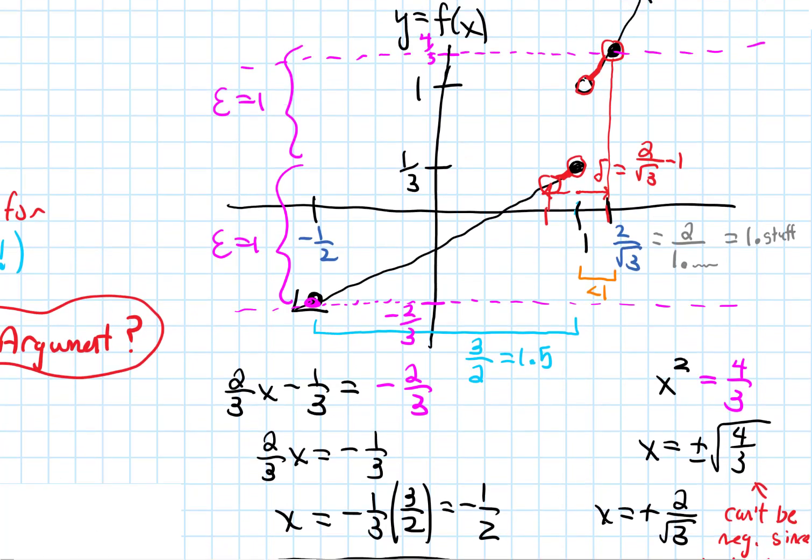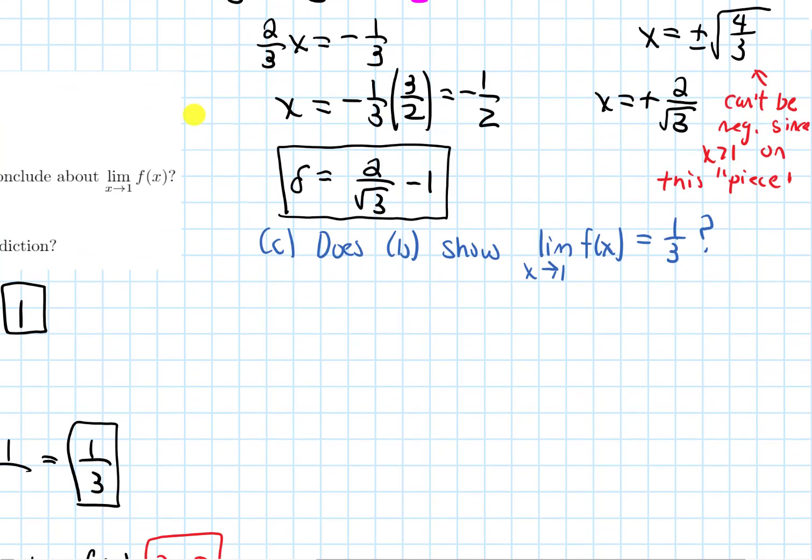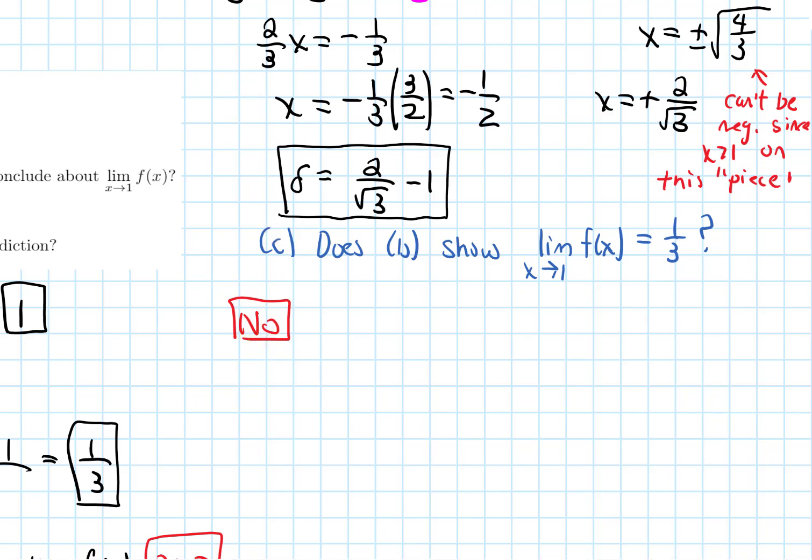All right, let's look at part C. Part C is saying, in this graph, if we let epsilon be equal to 1, we found a delta that works. That makes us be in the epsilon window. Part C then asks, does B show that the limit as x approaches 1 of our function equals a third? And the answer to that is no, it doesn't. We would hope that it doesn't because intuitively the limit should be different. But the reason is that B just shows